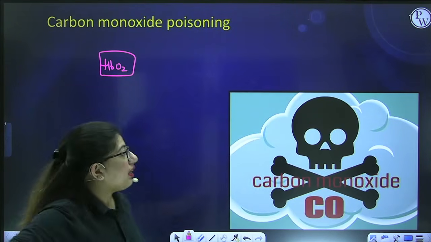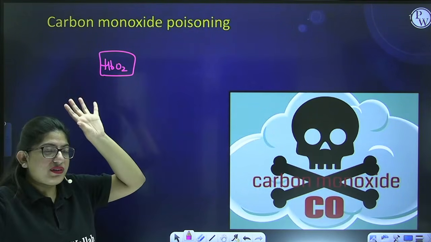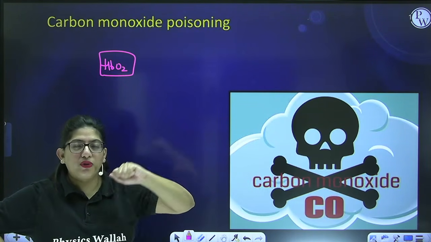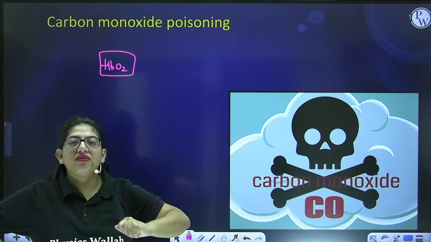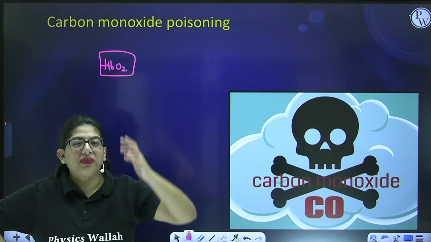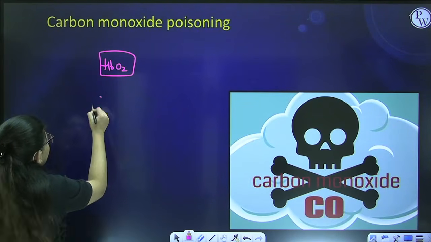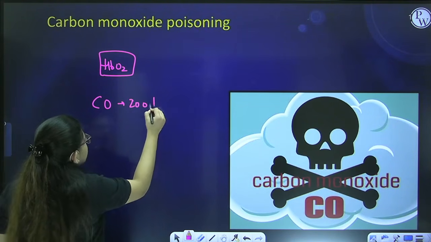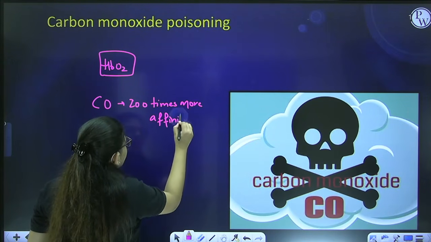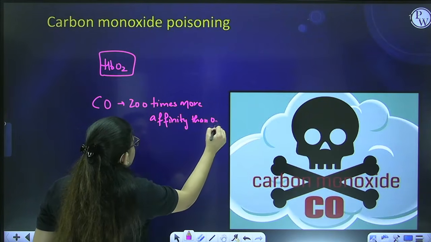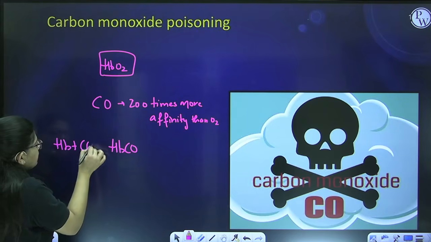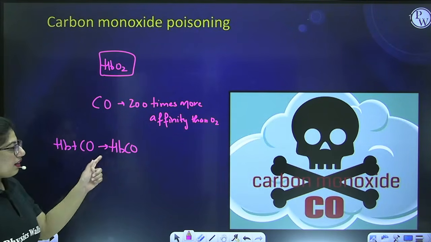See, if I say oxygen is binding with hemoglobin, their love is okay, eternal and so. But when CO comes, carbon monoxide, the hemoglobin and CO, they have love from generations. Or what do you say in Hindi? Janmo janmo ka pyar, right? So CO has 200 times more affinity than oxygen. So when this binds, the process is irreversible, and now no oxygen can bind,